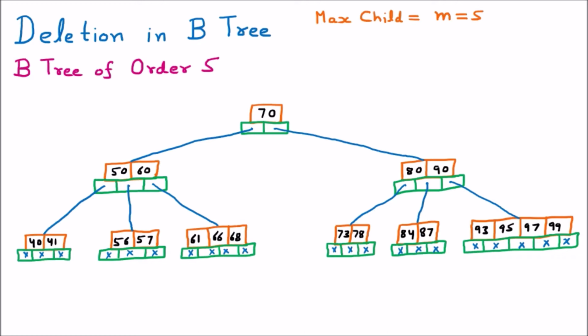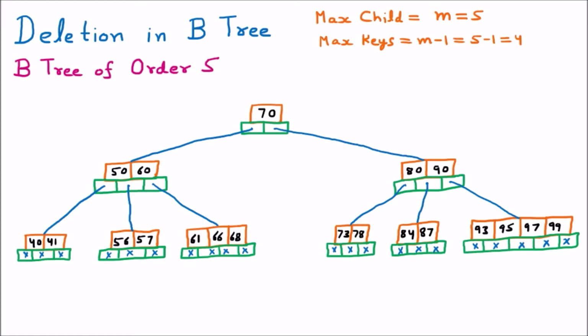Now talking about the keys. We know that keys are always one less than the child. So here in this tree, we will be having the maximum keys, and we know that there is a formula for finding the maximum keys, and that is equal to M minus 1. That will be equal to 5 minus 1, which will be equal to 4. So this is the maximum condition that every tree has to follow. Every tree means M-way tree, M-way search tree or B tree, they have to follow. But in the B tree there are some other conditions that should be followed.